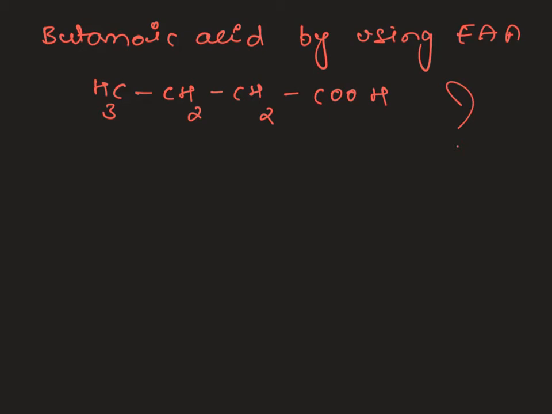Okay, so if you want to prepare a carboxylic acid, the first step is to take the sodium salt of ethyl acetate and react with alkyl halides, and based on the requirement we have to use different alkyl halides, and finally we have to carry out acidic hydrolysis. It gives carboxylic acid. This is one application we can learn from ethyl acetate. Next we are moving on to another application, preparation of dicarboxylic acids.